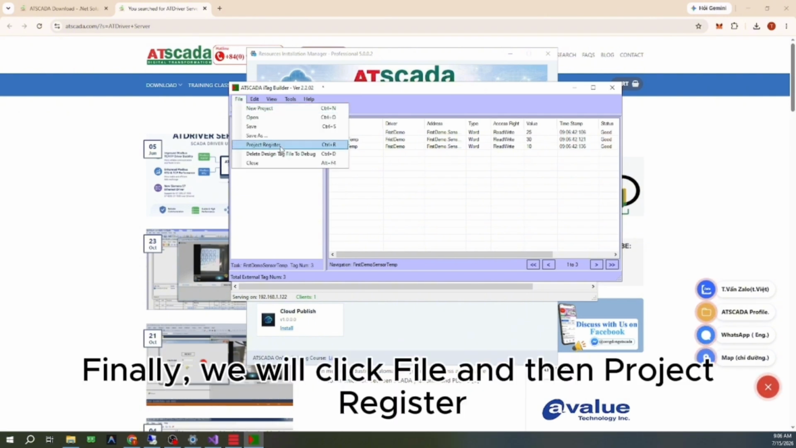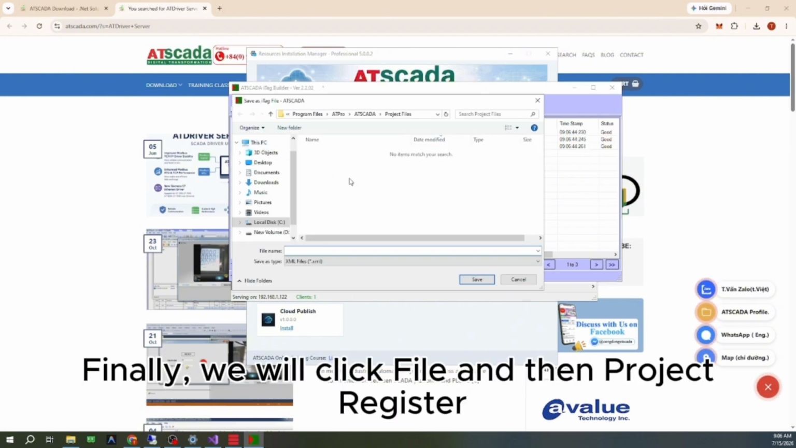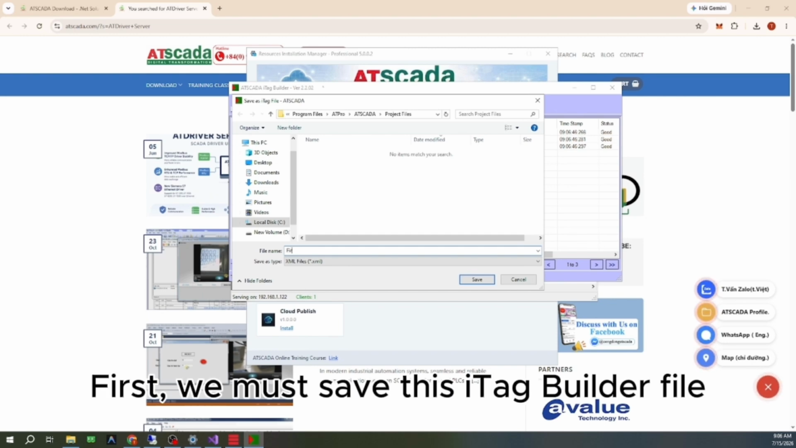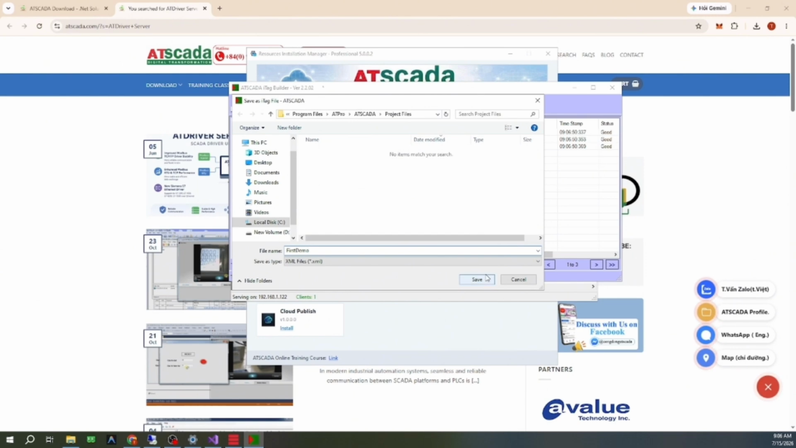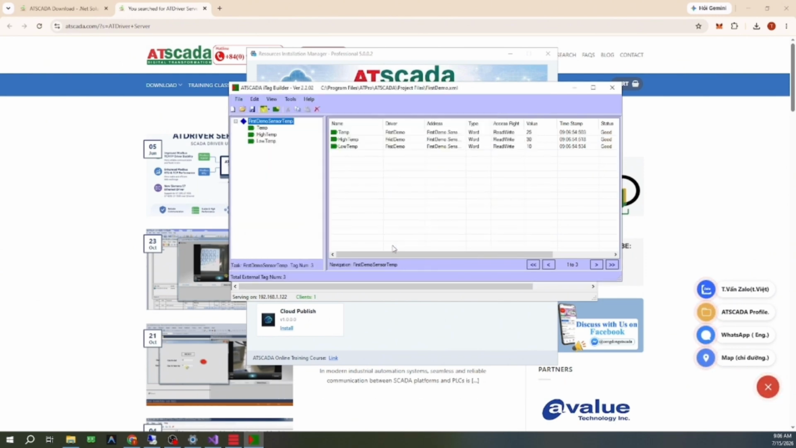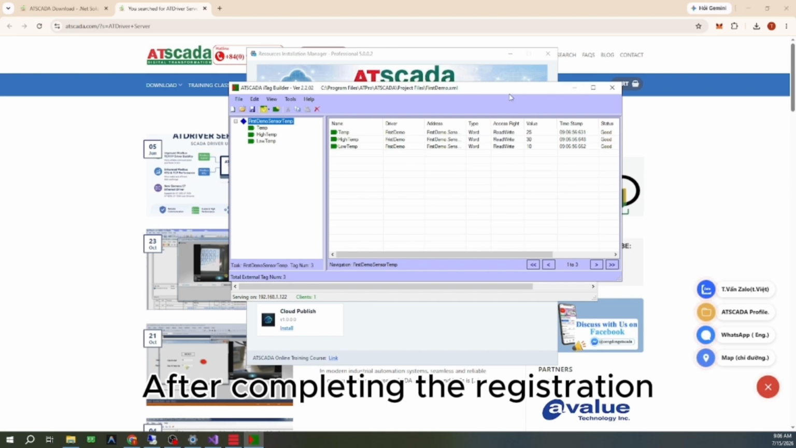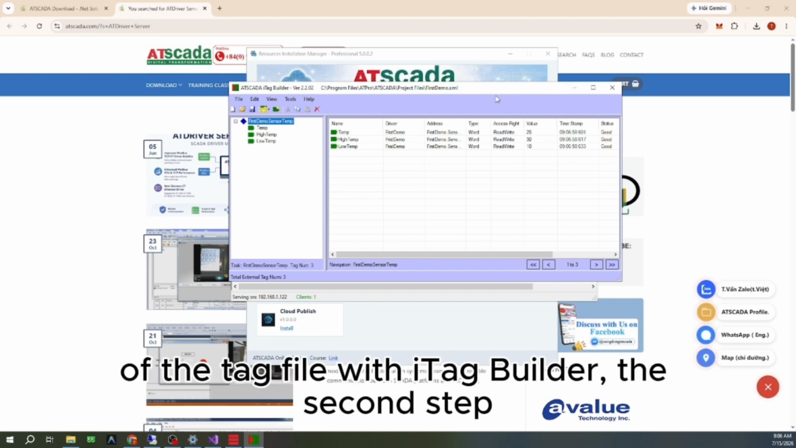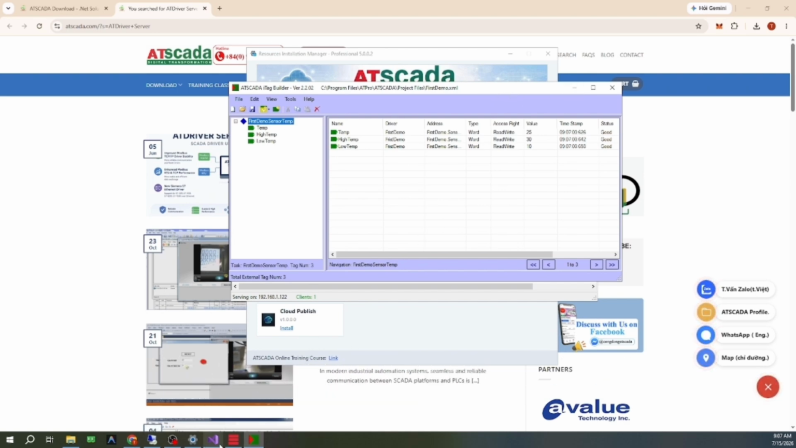Finally, we will click File and then Project Register. First, we must save this iTag Builder file. Then we click Register. After completing the registration of the tag file with iTag Builder, the second step,